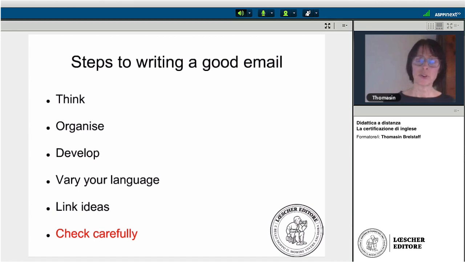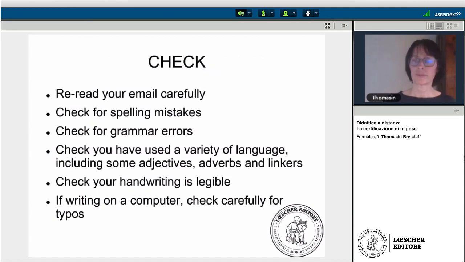And here are some pointers for checking. Read the email carefully. Reread it. Read it again at the end. Check for spelling mistakes, grammar errors. Check you've used a variety of language. And try to include some adjectives, adverbs, linkers. Check your handwriting is